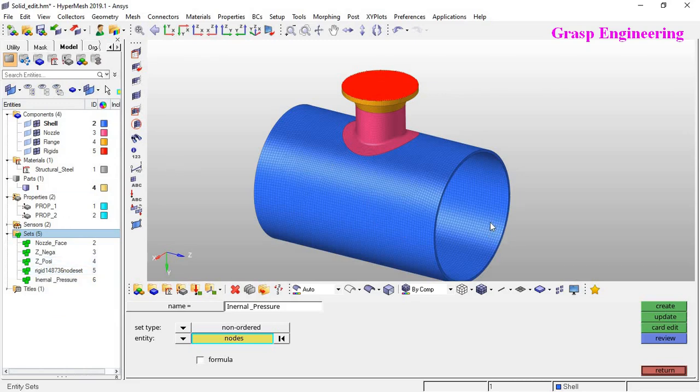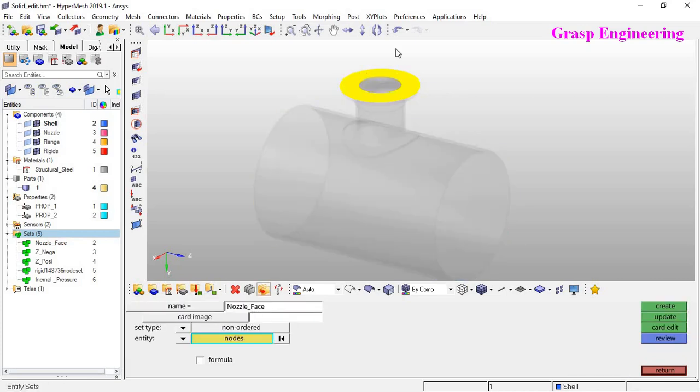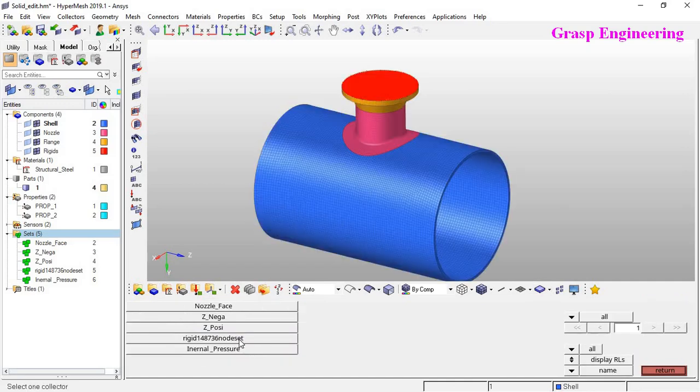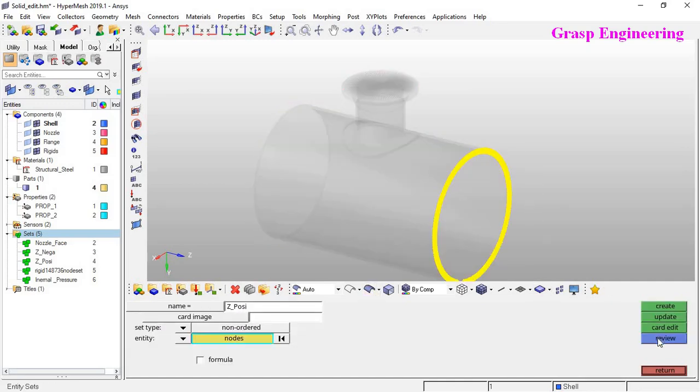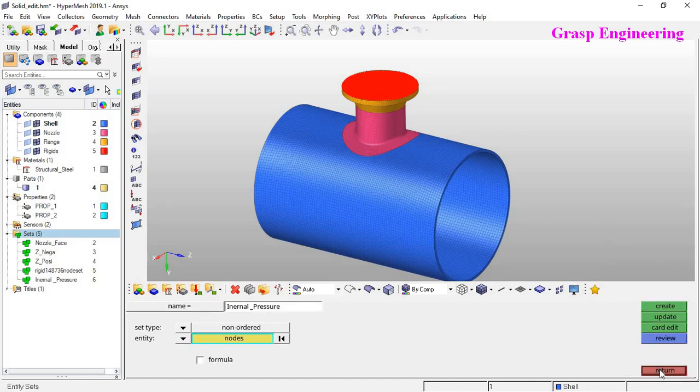Now suppose if you want to review that, let's click on review and click one by one. So nozzle face you will find over here, then next one Z negative, similarly Z positive, and similarly internal pressure. Okay, so likewise you can review your entity sets. So that is all about our entity sets creation.